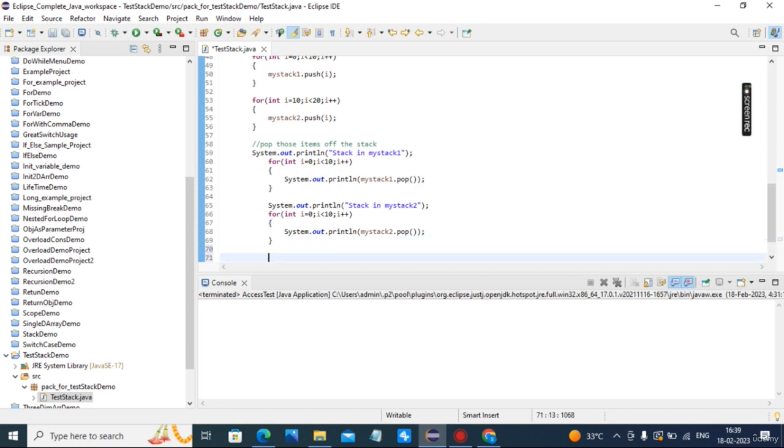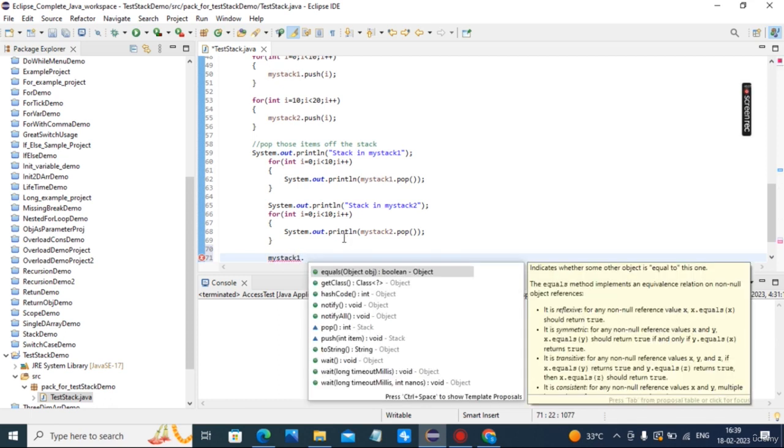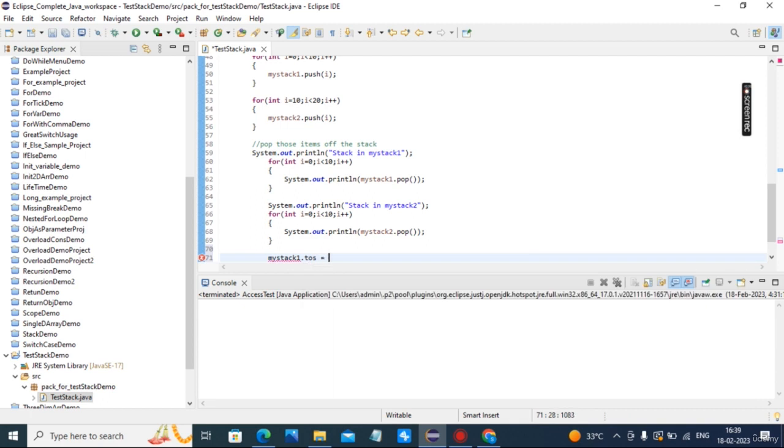And then now I try to modify my 2 stacks directly. My stack 1 dot top of stack is equal to -2. Cannot modify like this because top of stack is not visible, it is private. This is also not valid, and I comment these so that you will understand it.